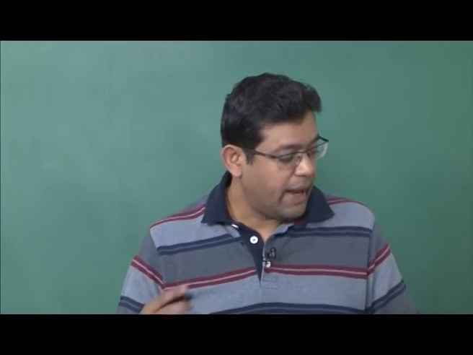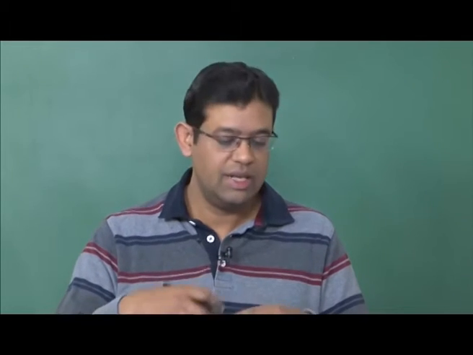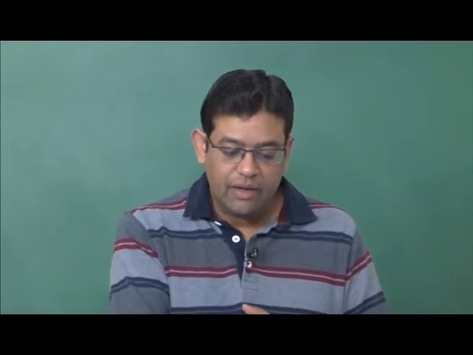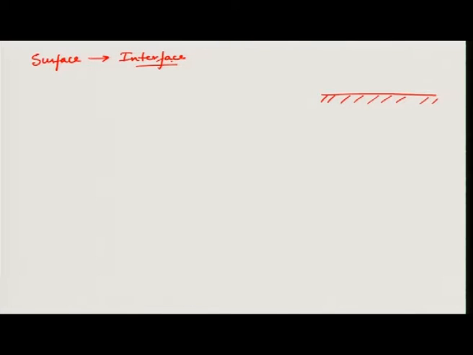Now, what happens when you have thin film growth? So, you start with the surface, and when the film starts to form, you will convert the surface into an interface. Okay. Now, surfaces are very complicated. Bulk we can understand easily. Surfaces are much more complicated because of the dangling bonds, the rearrangement between dangling bonds, the energies are different. Okay. Interfaces are even more complicated. There are various forms of